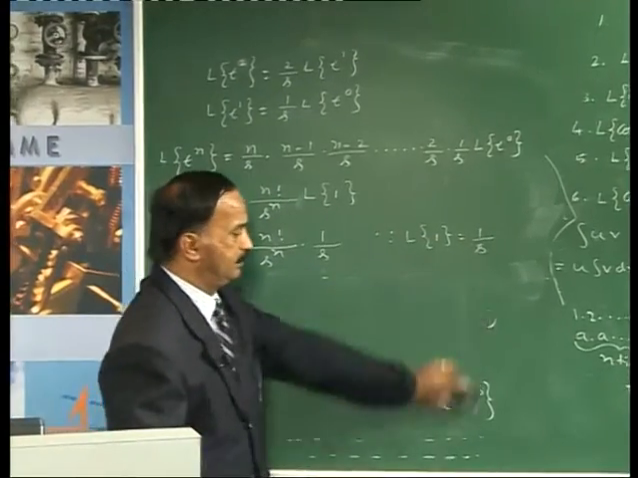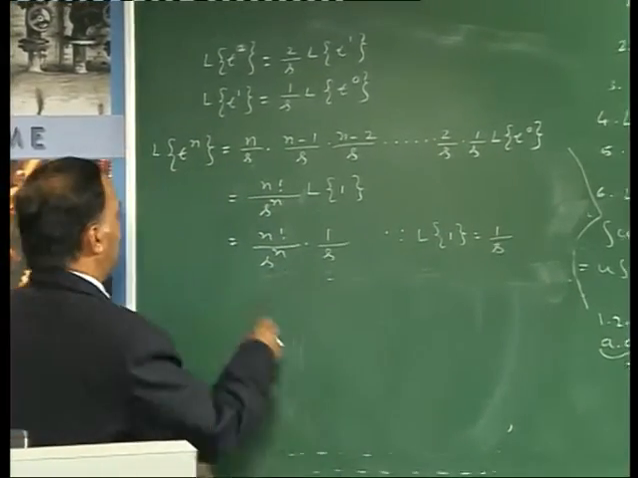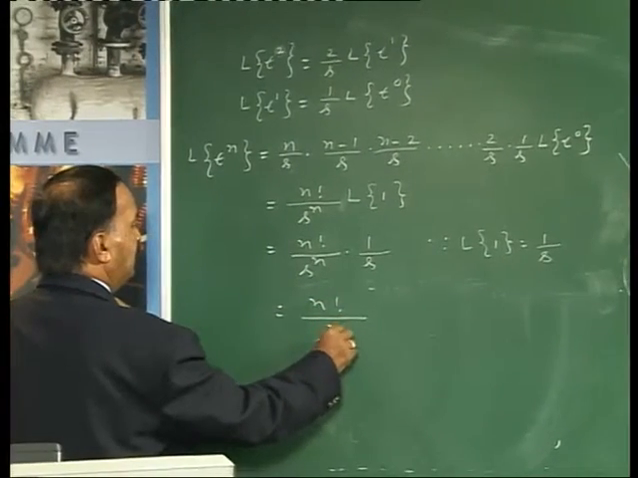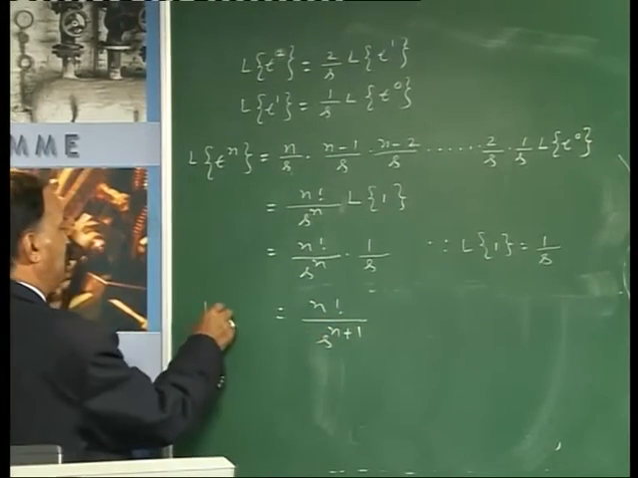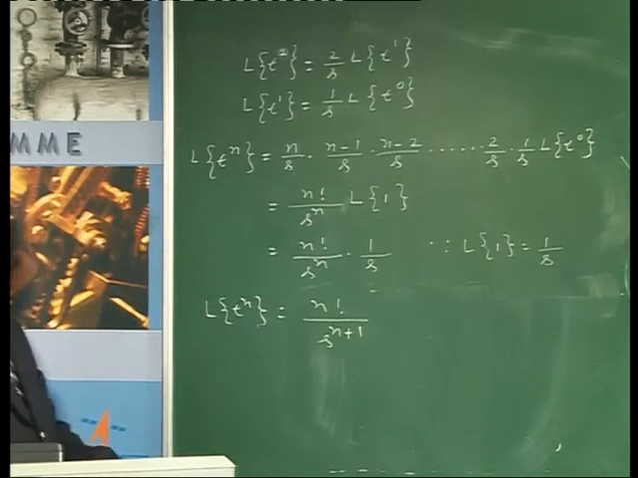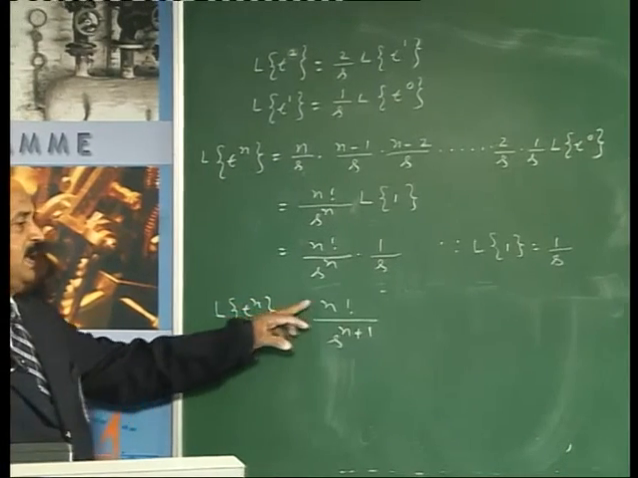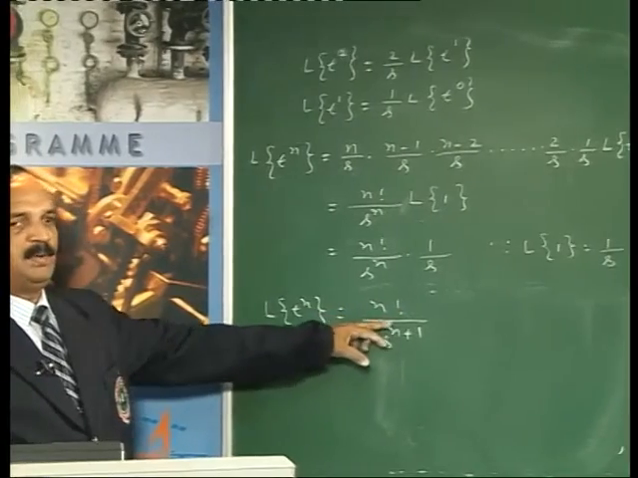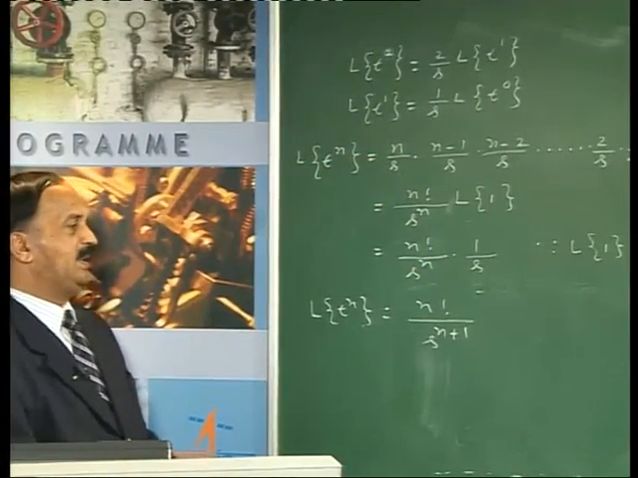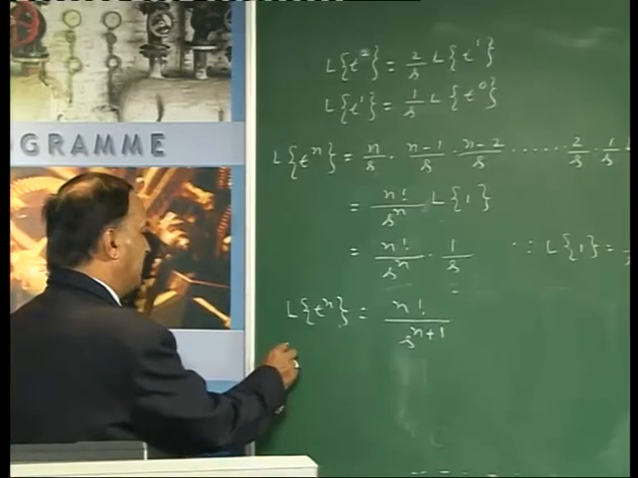So that is equal to n factorial by s to the power of n plus 1. So L of t to the power of n is n factorial by s to the power of n plus 1, where n is 0, 1, 2, 3, 4, 5 etc. For example,